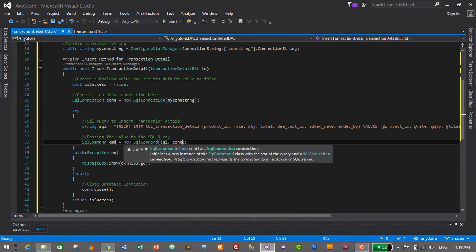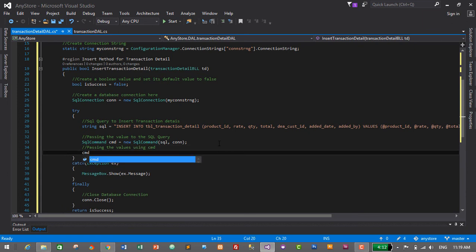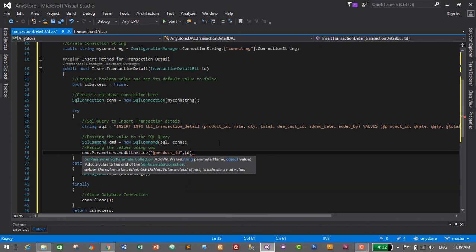So that's it. Now passing the values using cmd. So cmd.Parameters.AddWithValue at the rate product ID, here td.product_id, and then